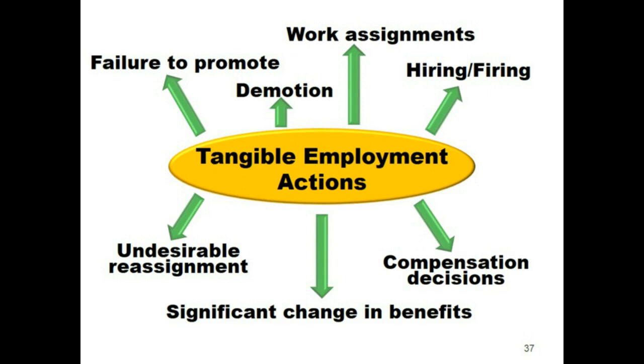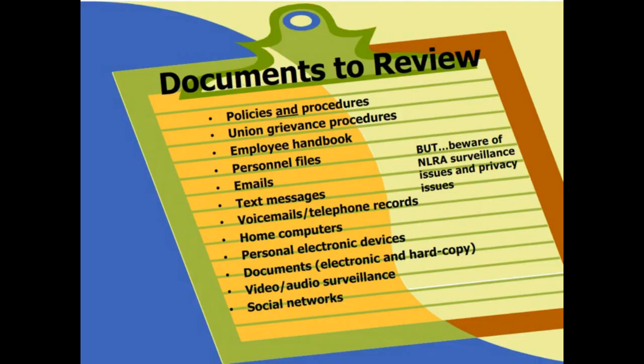Now, these are the documents that you want to review. We've mentioned the policies and procedures. I've mentioned the employee union grievance procedure. You would also want to check out the employee handbook. I always look at the personnel files of the accuser and the accused. I don't do it for the witnesses. Check out emails if it's appropriate, text messages, voicemail messages, telephone records, any home computers and personal electronic devices like their smartphone or their iPad or their tablet, their,